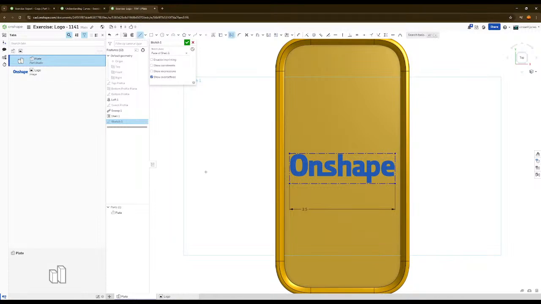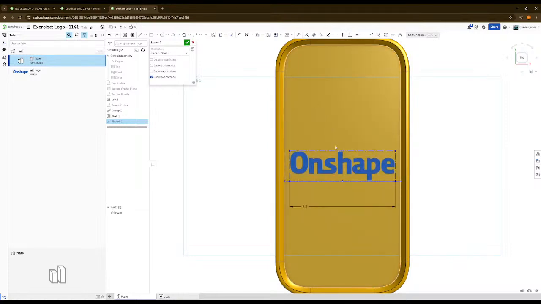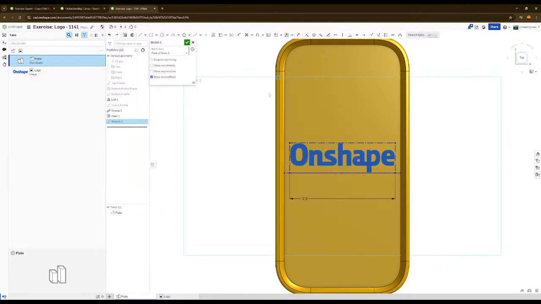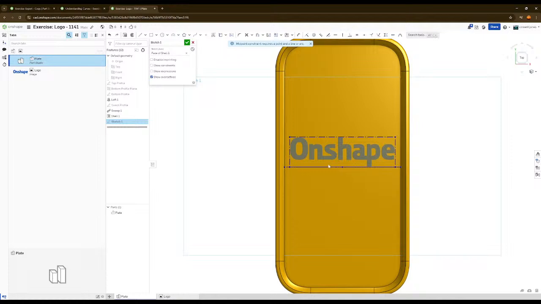Just create a construction line. This is definitely in the middle.